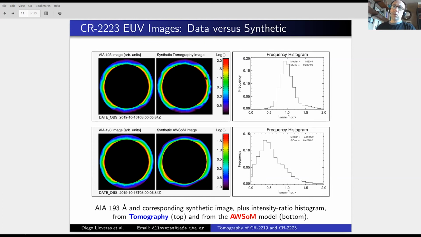What we usually do is we take, for example, real images that we use for the reconstructions. Here you have a 193 AIA image for 2223. This is the same image top and below. And the right panels are the tomographic synthetic image and the AWSoM model synthetic image. And here you have the histograms of ratios of intensities. So of course, the model is doing pretty well, but the tomographic reconstruction is able to reproduce finer